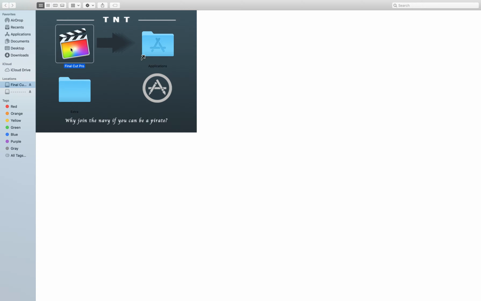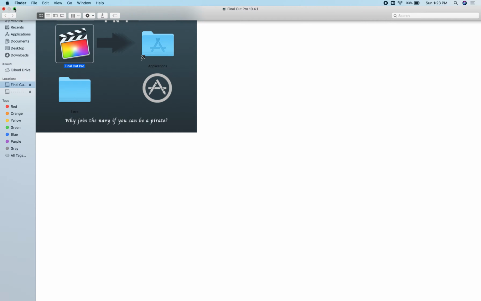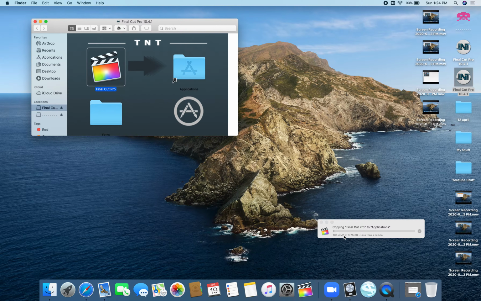That's the app I downloaded and installed from a web browser. What we are going to do is press command, select, and drag it to the Applications folder. Once you do, it will take a couple of seconds and start copying. As you can see, it is copying. Once it is fully copied, then we have a permanent Final Cut Pro app